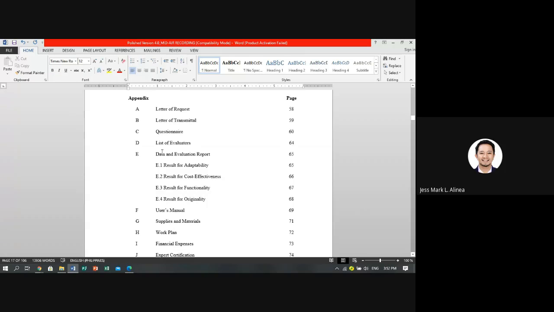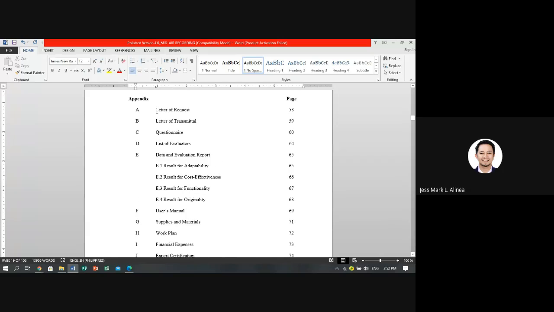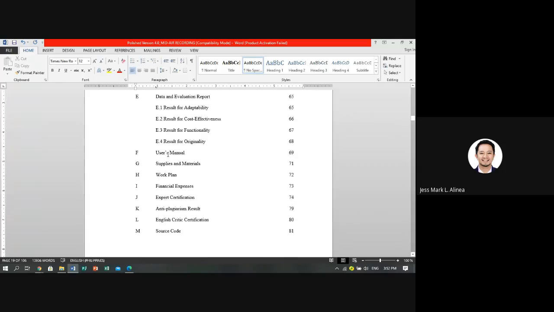Then the list of appendices. Nandito din yung mga list ng evaluator, kung sino sila, taga saan silang opisina, yung questionnaire na ginamit. Lahat po ng letter na gagamitin sa conduct ng study ay itatago dahil kinokollect yan sa dulo. So, kung hindi magaling magtago ng papel, ang gawin na lang ay i-scan or picturean ng maayos na maganda kasi sinasama yan sa dulo ng paper.